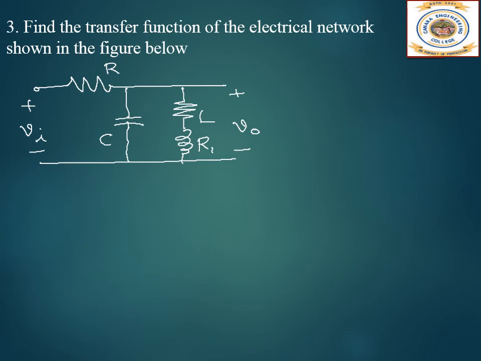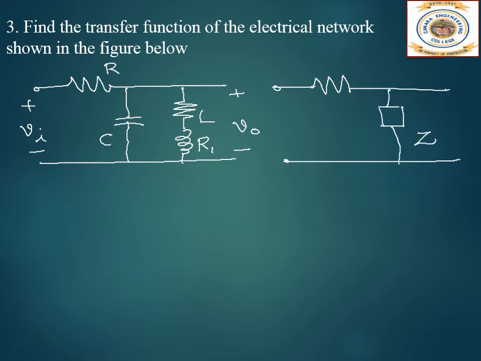Okay, let us consider one more example here. In this circuit, first I will write this in a simplified form so that it is easier for us to solve. This R as it is we will take, and here the C, L and R1 are in series and in parallel with C, so we will simply consider it as Z in total. So Vi of S, and this is R, and here we have V0. So what is this Z we will find?